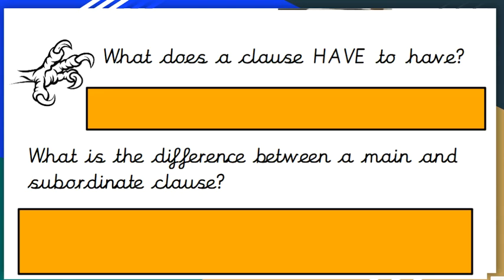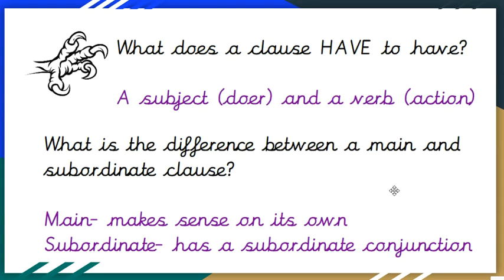Okay, so we're now going to look at clauses. Have a little think about what a clause has to have. We talk a lot about main clauses and subordinate clauses. A clause has to have a subject, which is the doer, and it has to have a verb, which is the action. The difference between a main and a subordinate clause is that a main clause makes sense on its own. So it has a subject and a verb, and it makes sense on its own. A subordinate clause